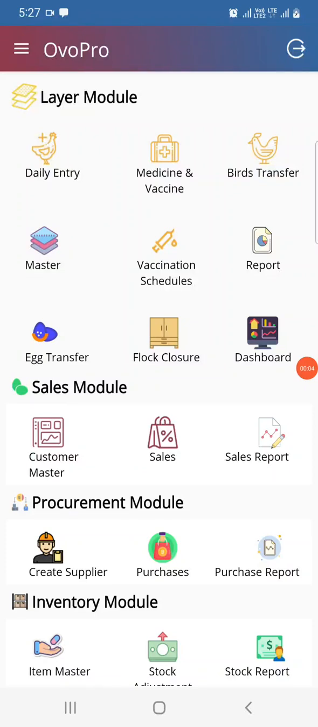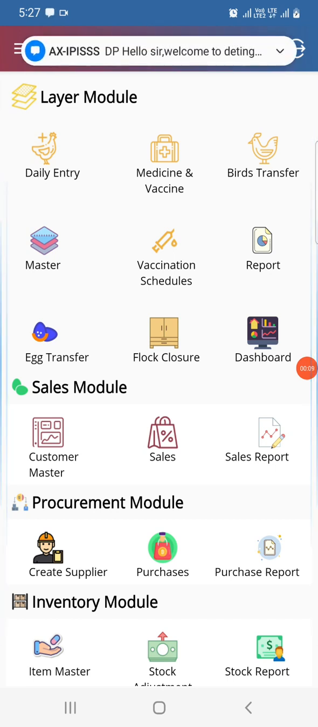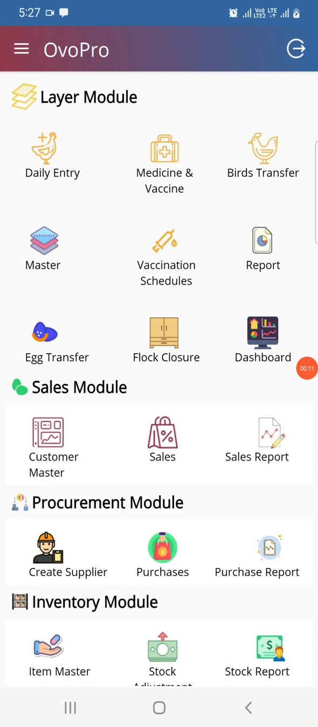So last video we have seen item creation and warehouse creation, and creating shed and flocks. So now I will show you how to